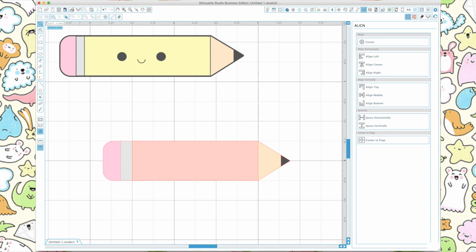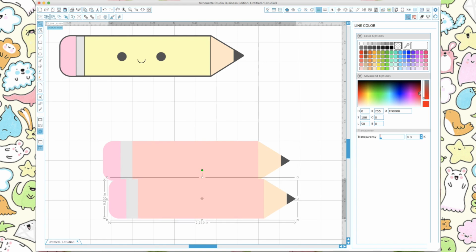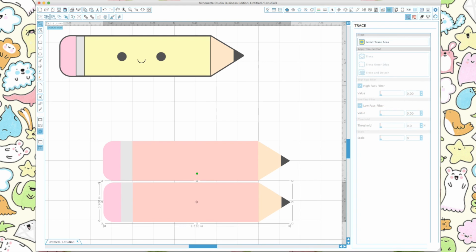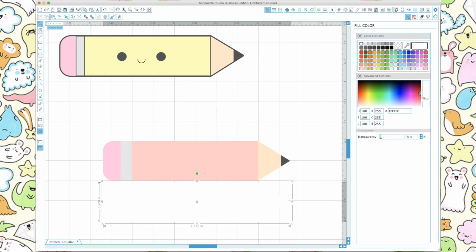So once I have that, I'm going to select everything here and align it to the middle to make sure that everything is aligned. Then I am going to select all of my pencil and take out the outline, and I'm going to group it. So you would go to object, group, and we're going to copy this. So now that we have the object, we're just going to go into the modify window and we're going to weld it together. So that's just going to create one shape,